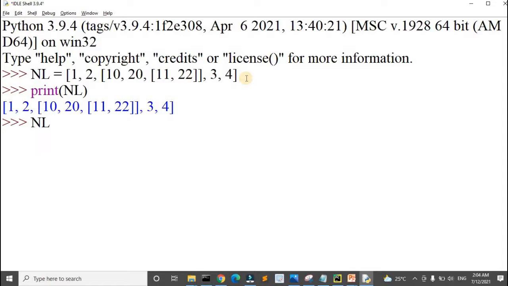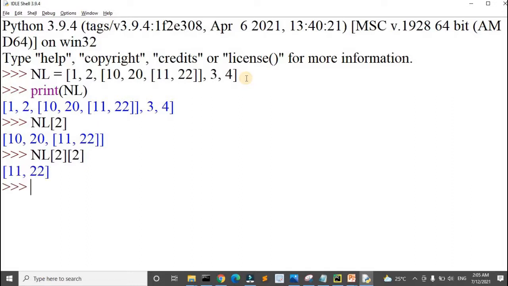Now, to access the first sublist I'm using NL of 2. You see that the sublist which is present at the index position 2 of the main list is displayed here. Similarly, we can also access the nested list item present at index 2 of index 2.